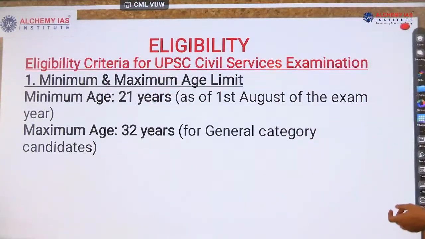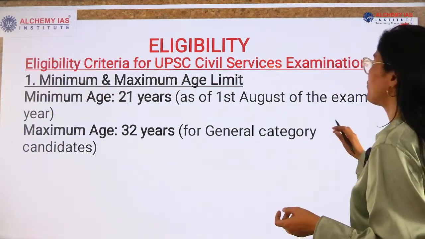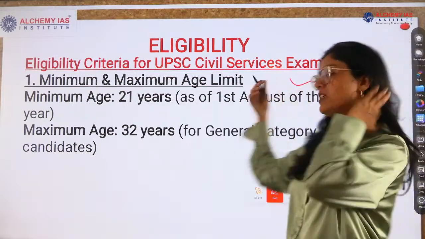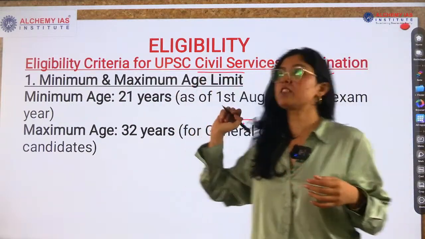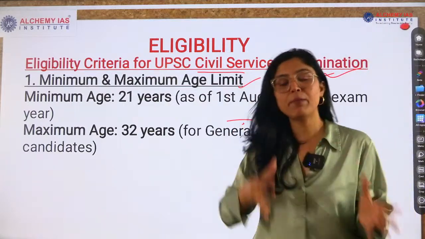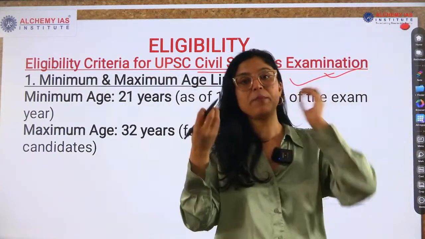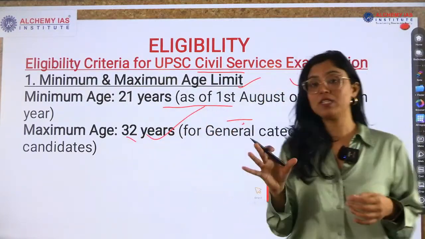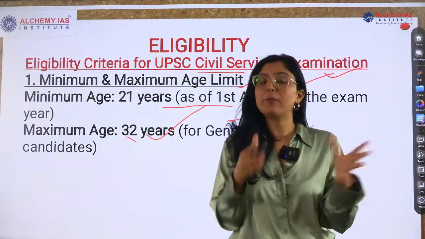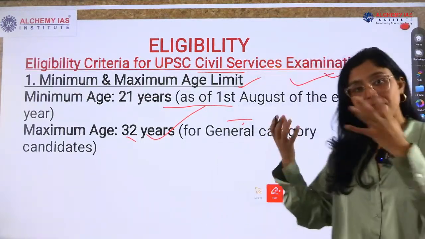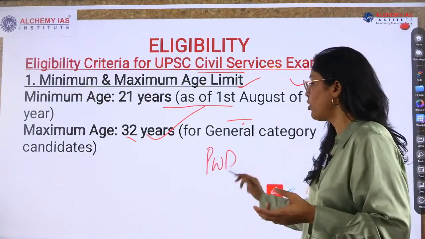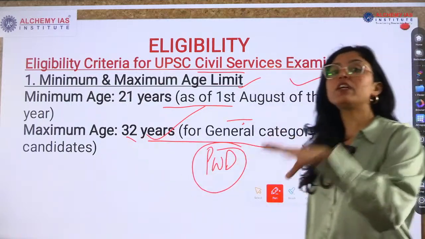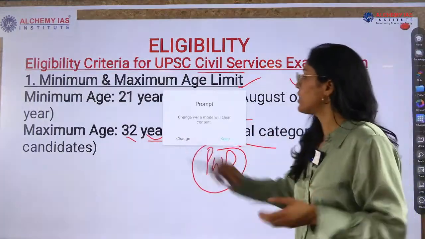Now, the basic things related to the application form. First important thing is, are you eligible? Are you eligible for the UPSC Civil Service Examination? So this is the minimum age limit and maximum age limit. What is the minimum age limit? It is 21, and maximum age limit for general category students is 32. So it differs based on the community or caste and PWD also. So for general students it is 32 years, and number of attempts also differ according to the category.